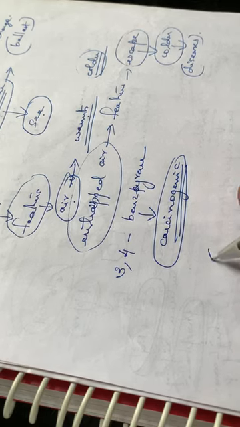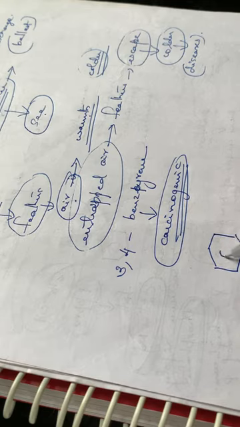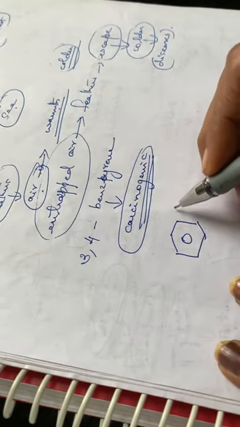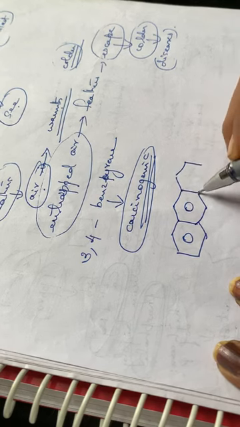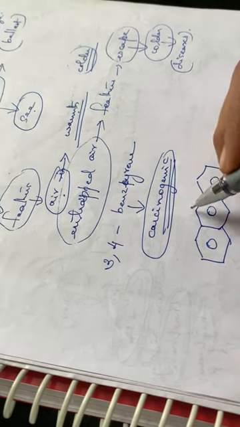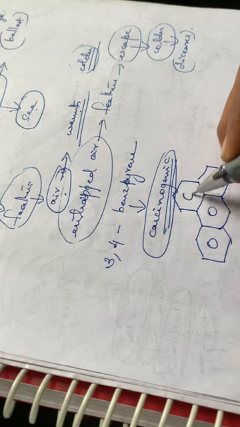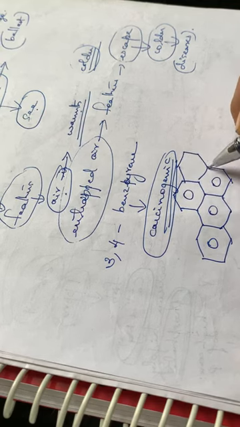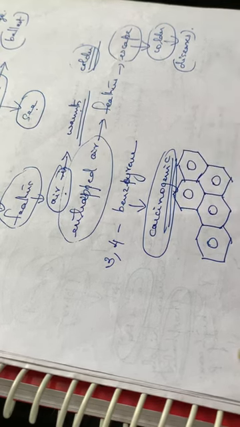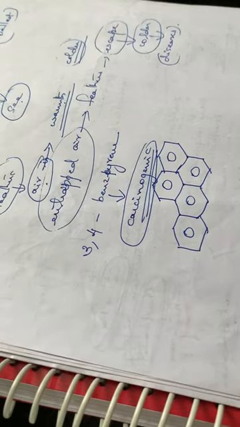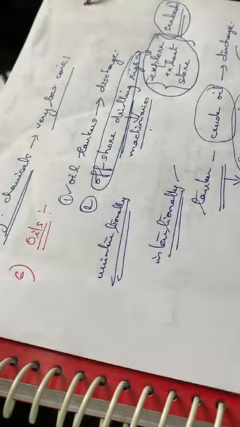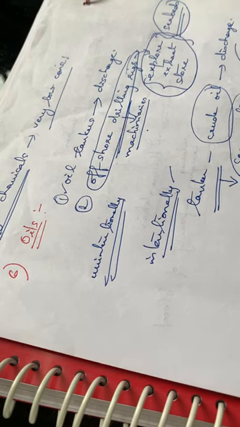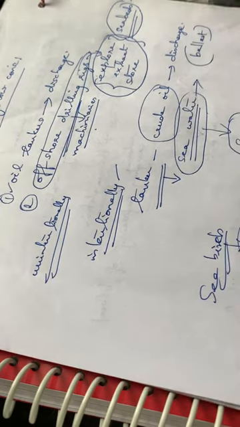So the structure of this 3,4-benzpyrene will be like this. See, one benzene ring, this is a benzene ring. Okay, then the second benzene ring, then again the third benzene ring. Then here, two more benzene rings above this. So this is the structure of 3,4-benzpyrene. Okay, so these are some of the after effects of oil, one of the sources of water pollution. Okay, then the next one, that is the seventh one,